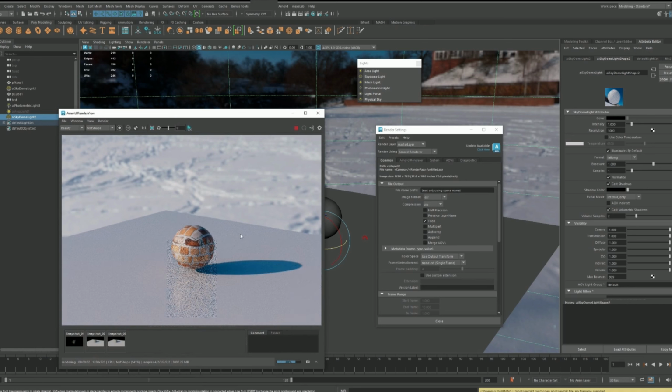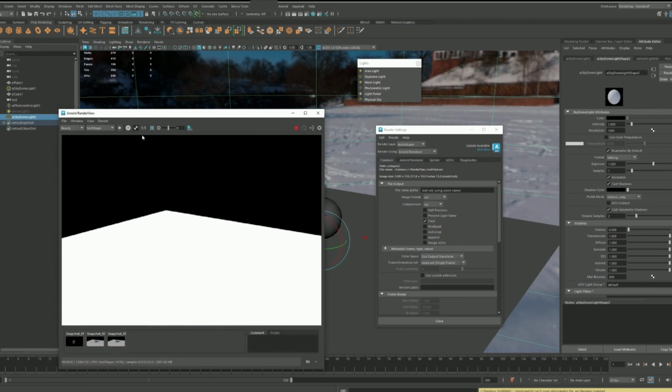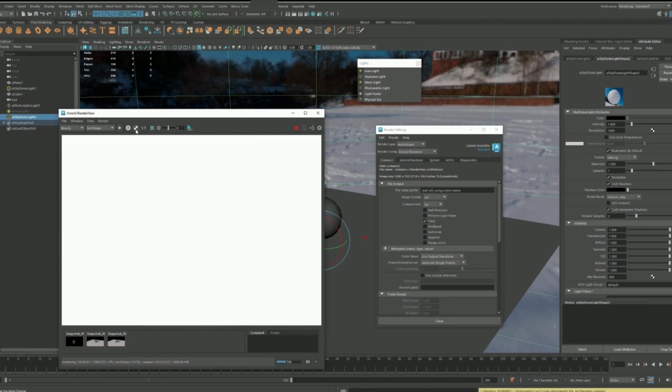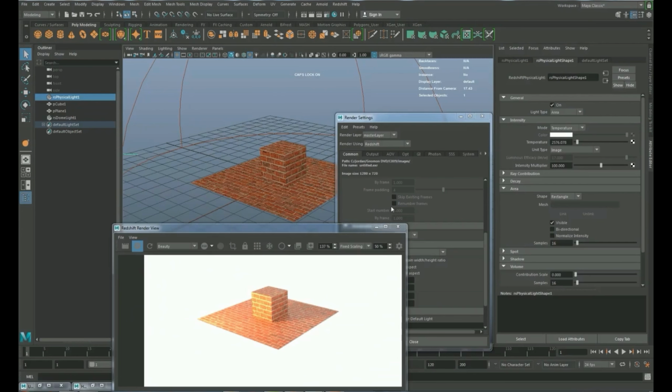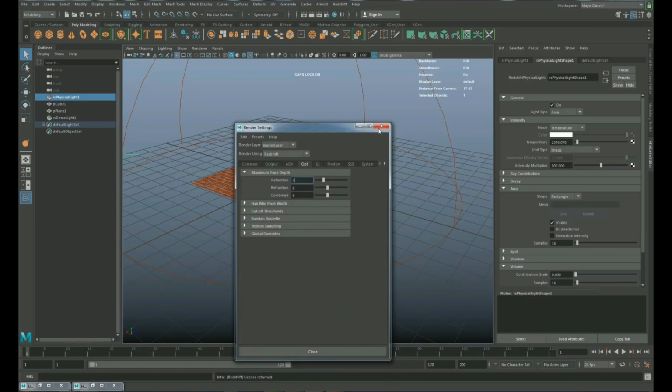Now, if I wanted the background to be black, I can go to my sky dome, and down here for visibility, you can just bring the camera down to 0, and now you'll have the alpha of your ground plane and sphere. If I put it back up, you do not have your alpha. But yeah, it's cool, it's fast, and you don't have to fake that. That's the beauty of 3D, and you get all the perspectives that you need, accurate shadows. It is a beautiful thing. So yeah, that's a quick run through of Maya